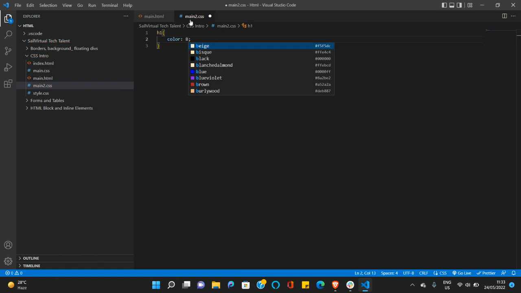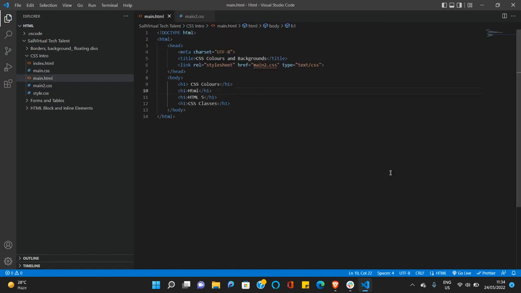Like I said, HTML supports 140 color values. So you can see that for the B colors, you have beige, bisque, black, blanched almond, blue, blue violet, brown, and so on. So you have a lot of colors, but the named color is actually limited to just 140. So let's use the blue violet color. If we save this and open with our live server,